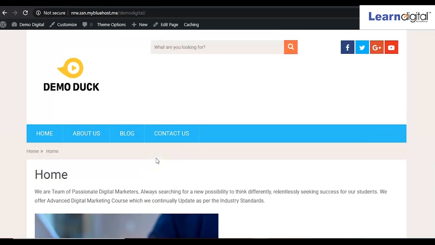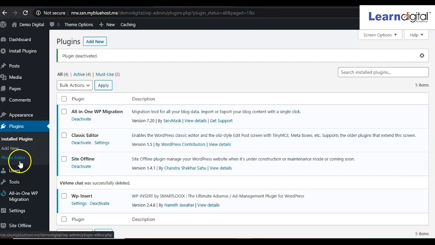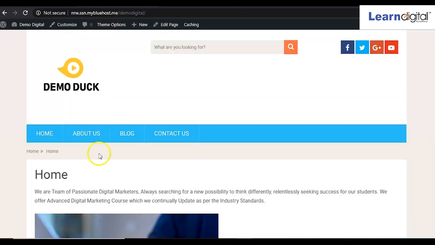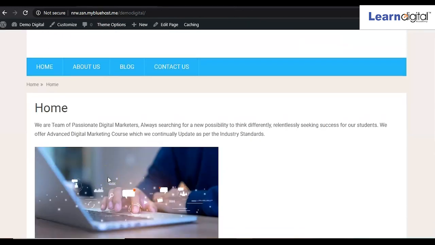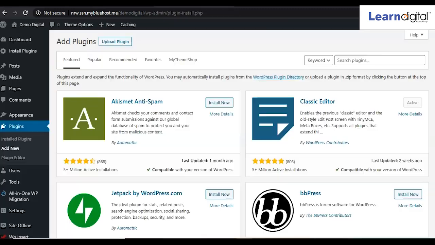Okay, so now we'll go to the backend part and again go to install new plugins. Suppose this is a website and most people nowadays are using mobile. So here we can create WhatsApp chat as well, right? When people visit your site, they can directly chat with you with a chat box option, right? So we'll go to the backend part and here we'll search for WhatsApp.